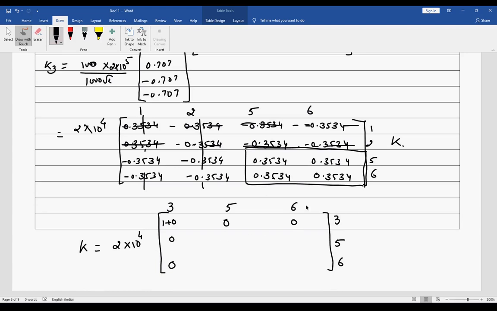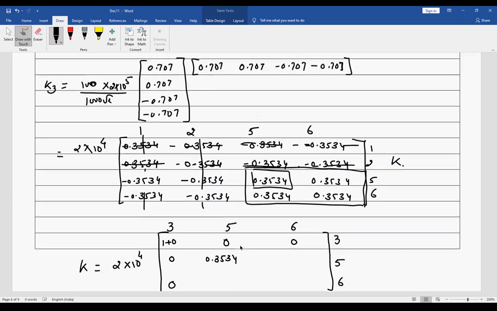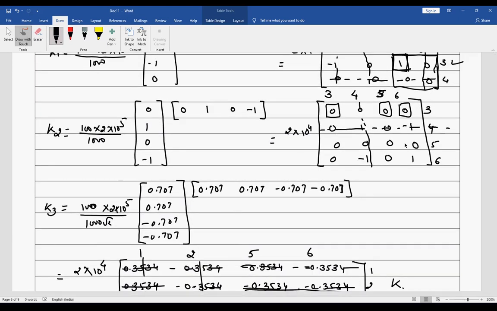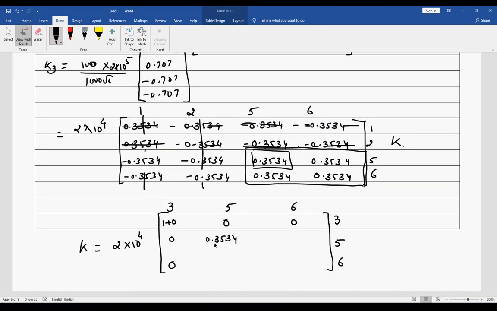Now I have to get 5, 5. So 5, 5 is here, which is this one, so I could write 0.3534. And I have the 5, 5 here also, which is 0, so I could write plus 0. Then I have to get 5, 6.